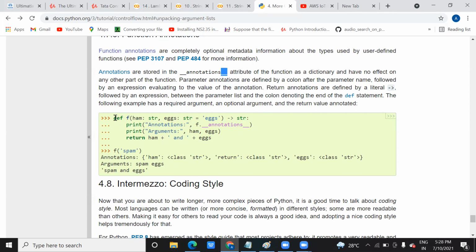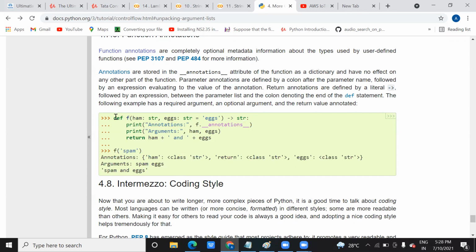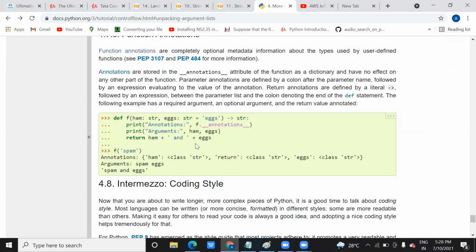Now just see this function. Can you see this function and tell me what it is doing? Just have a look at this function once and try to tell me what it is doing. If you can, just try once from your side, any of you.